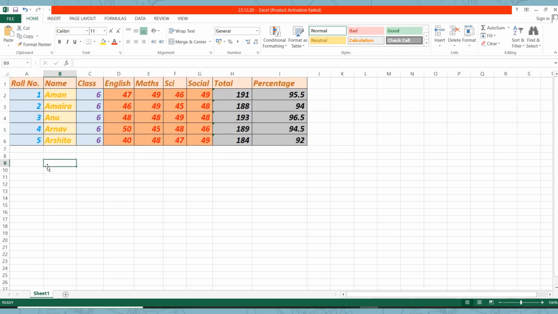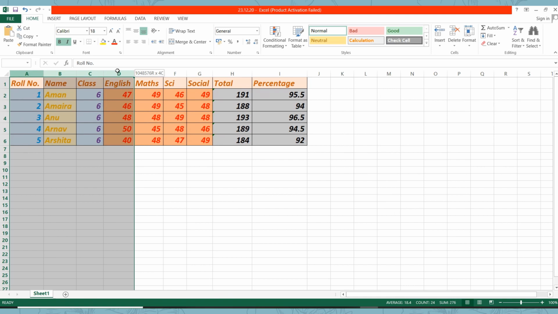Now, how can you select entire columns? Again, we will discuss three methods. The first method says click on the column heading at the top edge of your worksheet. These are your column headings. You will click on the column heading, and the particular column will be selected. The second method says to select several adjacent columns, drag the mouse over the column headings, and your columns will be selected, or you can press the Shift key when you want to select adjacent columns.